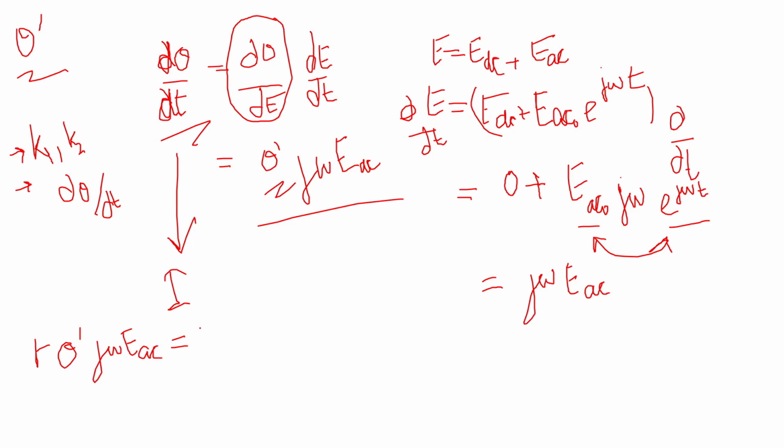What is k1? K1 is nothing but everything that you have learned, you have to put it here. Yes, something else that you can learn by heart is theta. Theta is nothing but theta ss plus theta dash EAC. So these three you just have to learn by heart. Each time you don't have to derive. Okay. So here K1 DC